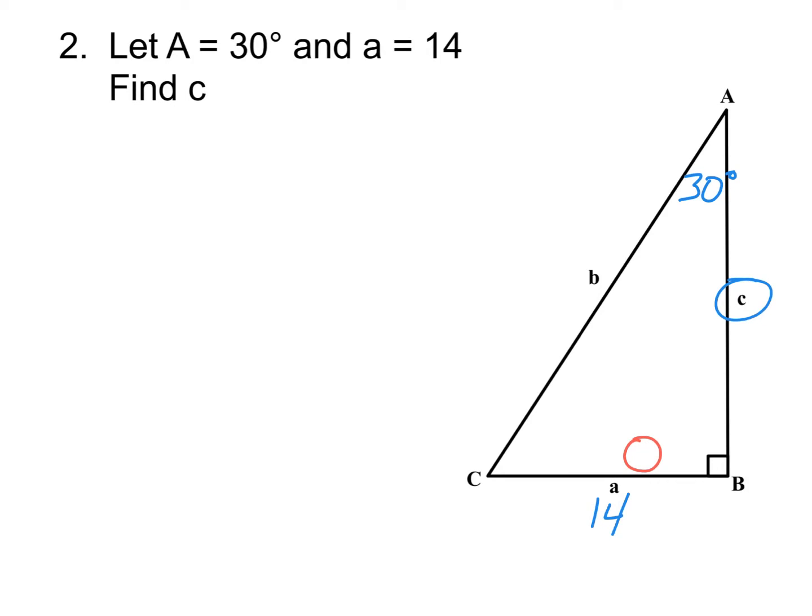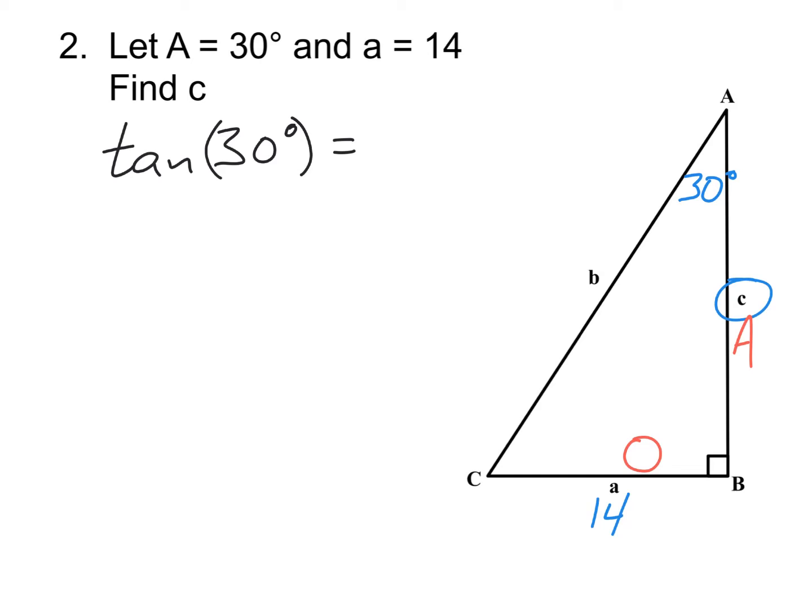It's the opposite. Now, notice that changed things a little bit from the last one because we went from a different angle. What about side C? What do we call side C? It's the adjacent. Because it's the one that's next to it. That's not the hypotenuse. Because B would have been the hypotenuse over here. But of course I don't care about it right now. All I care about is the opposite and the adjacent. Because then that tells me whether it's sine, cosine, or tangent. Which one involves the opposite and the adjacent? Tangent, yep. So I'm going to write down tan for tangent. And remember, it's always tangent of the angle. So it's got to be tan 30